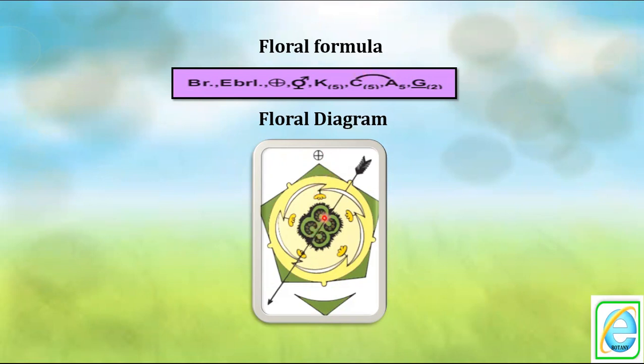The gynoecium is bilocular, two locules, but with the help of false septa it looks like four, though it is actually bilocular. It is a bilocular superior ovary, and it has syncarpous carpels. That's why this is a syncarpous gynoecium. This is the floral formula and floral diagram of the family Solanaceae. The example is Datura metel.